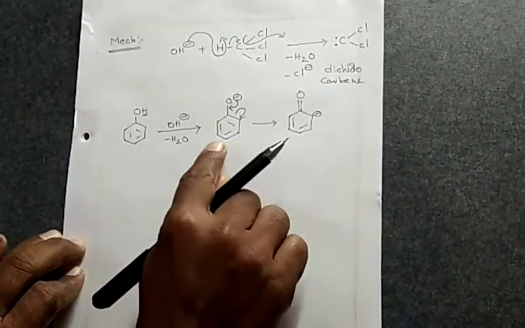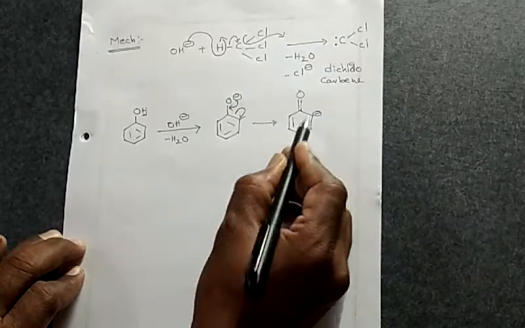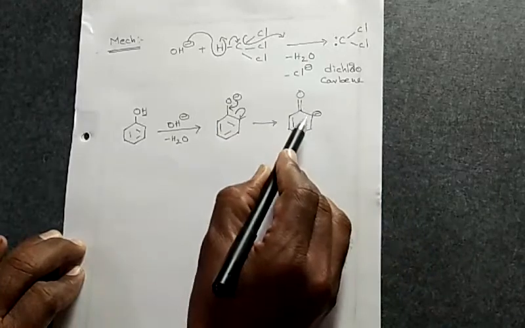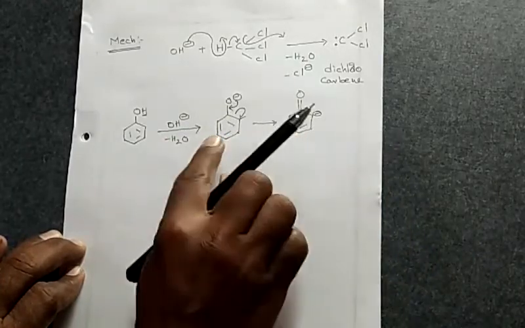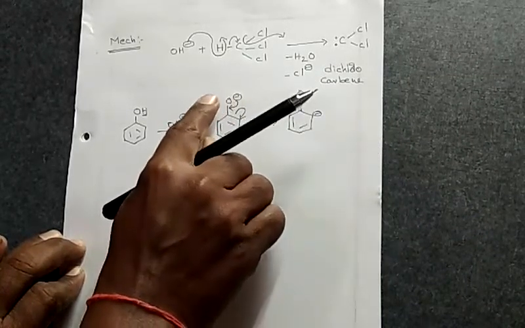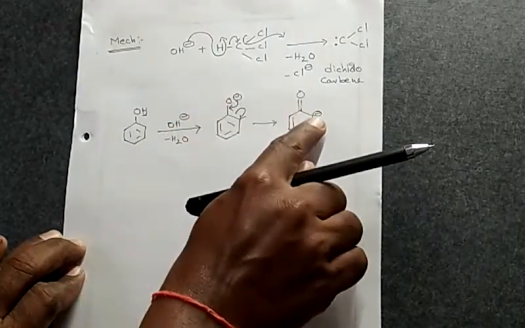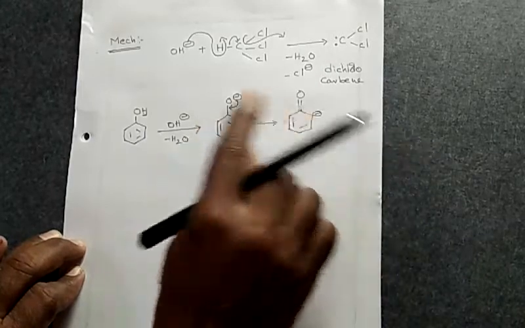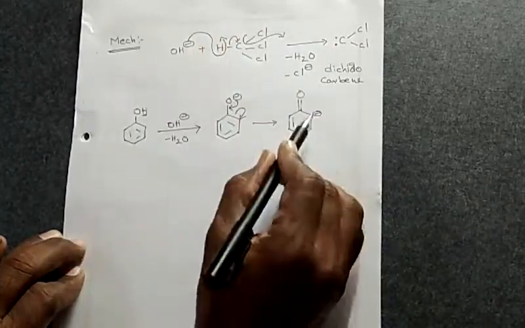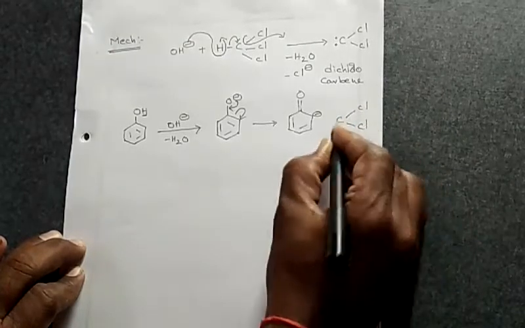Okay. Here one point you have to observe, dear students. This is O minus and this is C minus. Among these two, the C minus acts as a better nucleophile than the O minus. That is why this particular ion is changed into this particular grouping. Please observe why it is not participating in the reaction with the help of O minus: because it is a weak nucleophile in comparison to the C minus. So C minus is a very good nucleophile compared to the O minus. Please observe this point. So this one is now allowed to react with this dichlorocarbene, right?